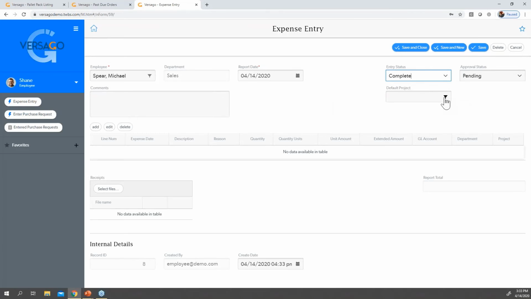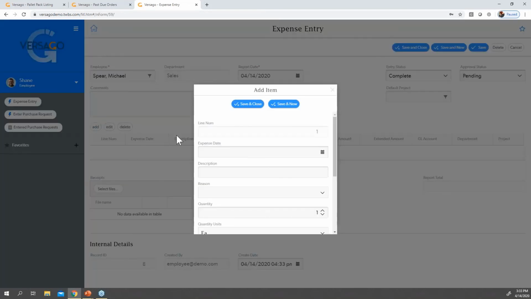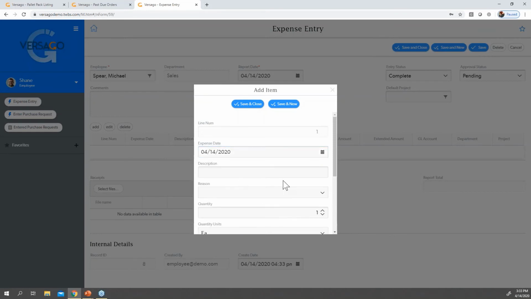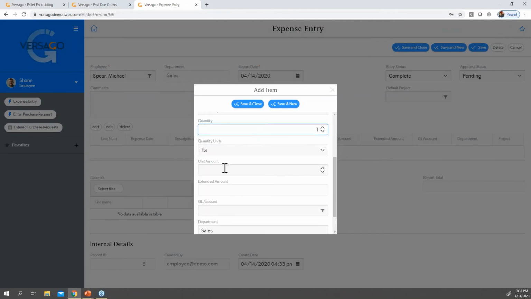We can link to projects if there's a project that we want to link to. Here is where we can start to enter the expense information, with drop down reasons of what it is that we needed.